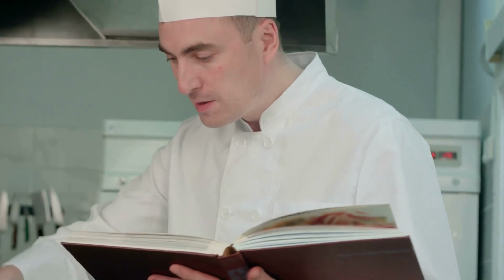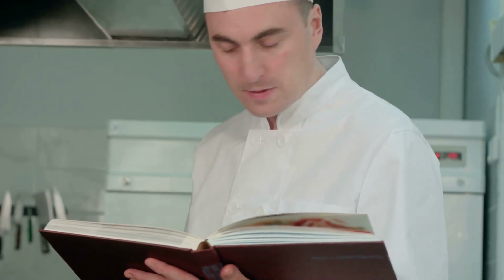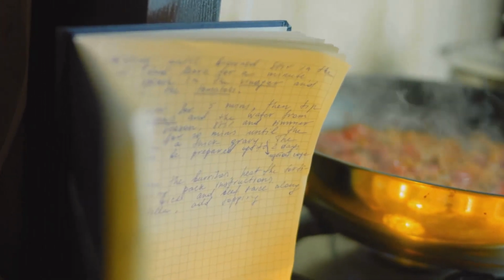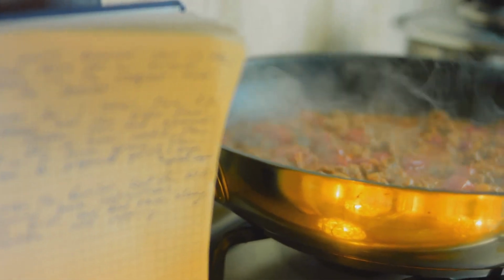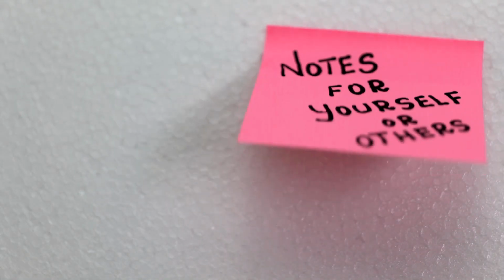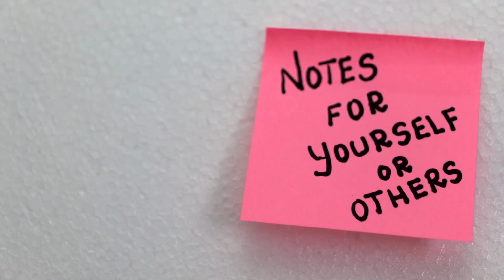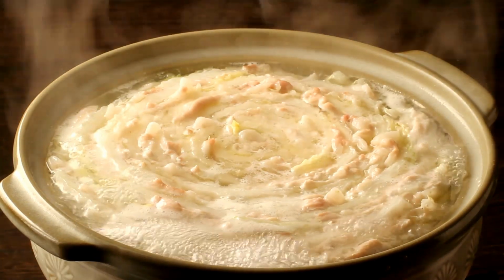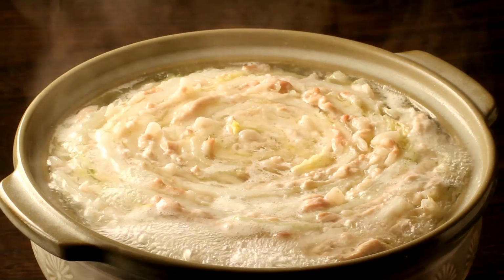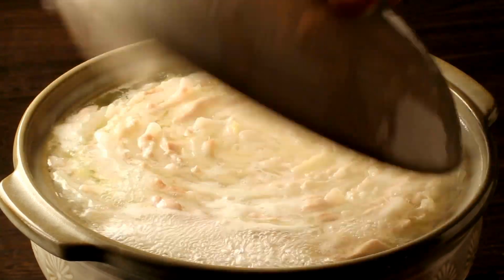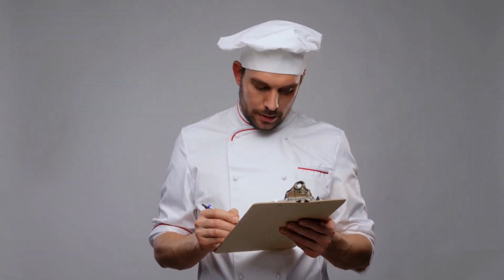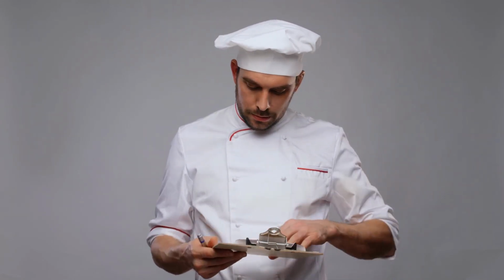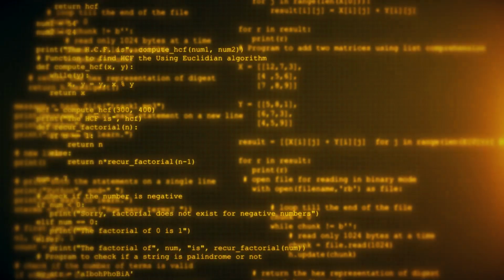So, what makes a good comment? Think again of a handwritten cooking note. A recipe might say 1 TBSP soybean paste, but your mum's cooking note might say, if using homemade paste, use only 2-3 and adjust later. After adding zucchini, cover the pot and let it sit for 30 seconds to keep the texture. These are not just instructions, they're insights. They represent experience, trial, and mastery. Good comments do the same.